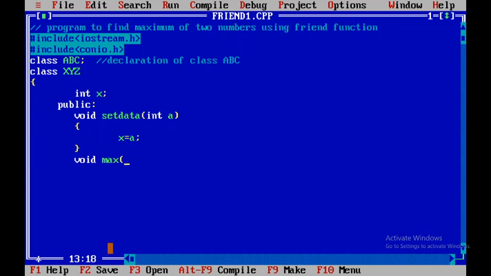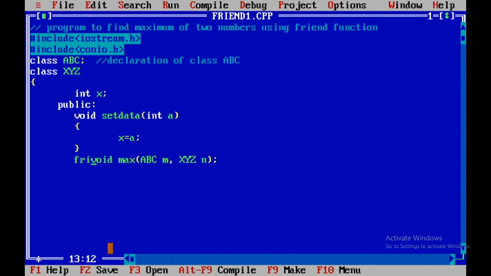For max I definitely require two arguments. Here I am using objects as arguments. I want one object from ABC, and I give the object name as M, which is my formal object, and XYZ N, that is an object of the XYZ class. This function I want to make a friend, so what is required?